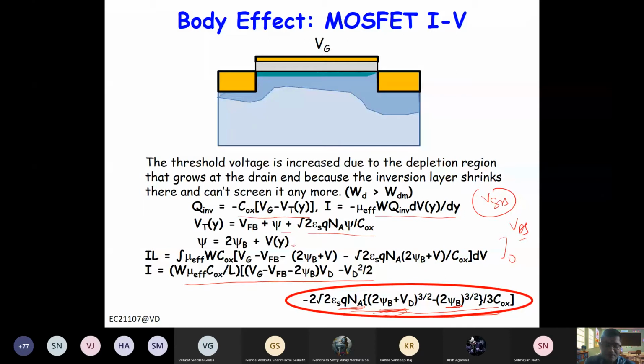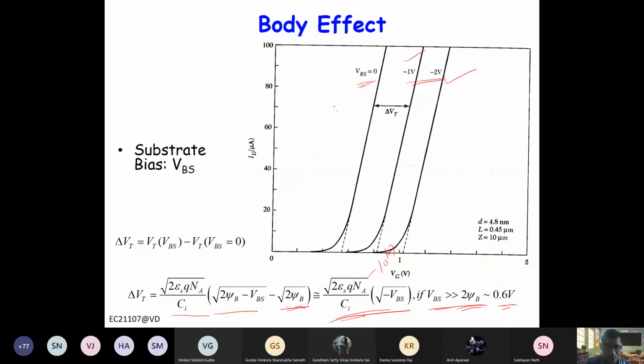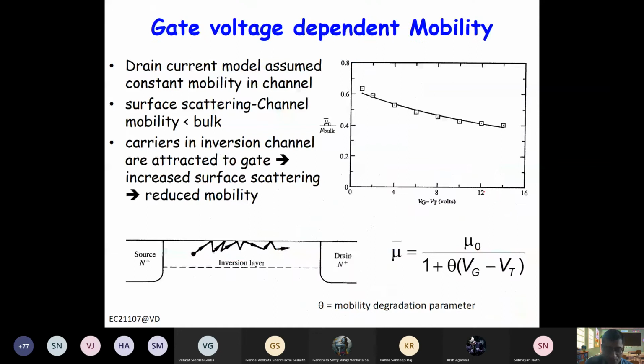Another thing you can note is the gate voltage. If you increase the gate voltage, you have more inversion charge here, but there is a field here which will pull the charge to the interface. When this charge is pulled to the interface, it will be closer to the silicon oxide and silicon interface. Now at the interface there will be more scattering. So as your gate voltage increases, scattering will increase, and as scattering increases, your mobility will go down.